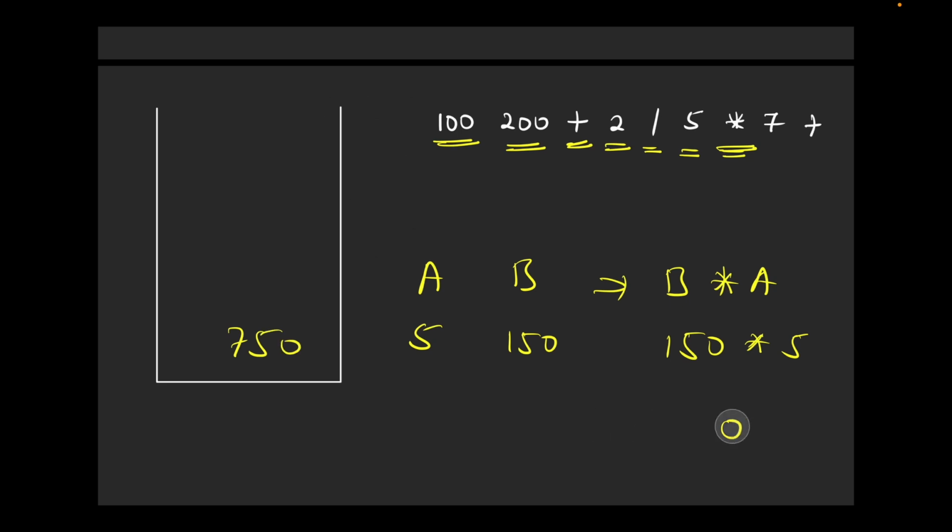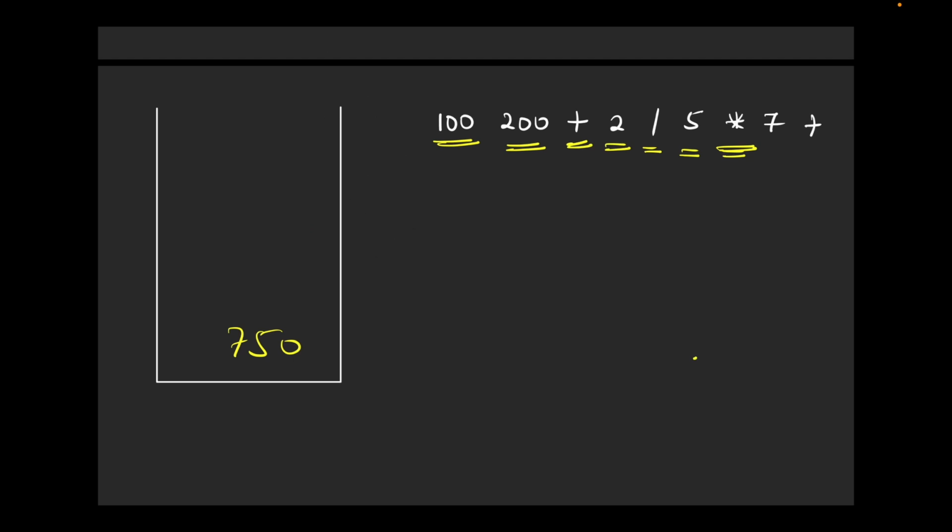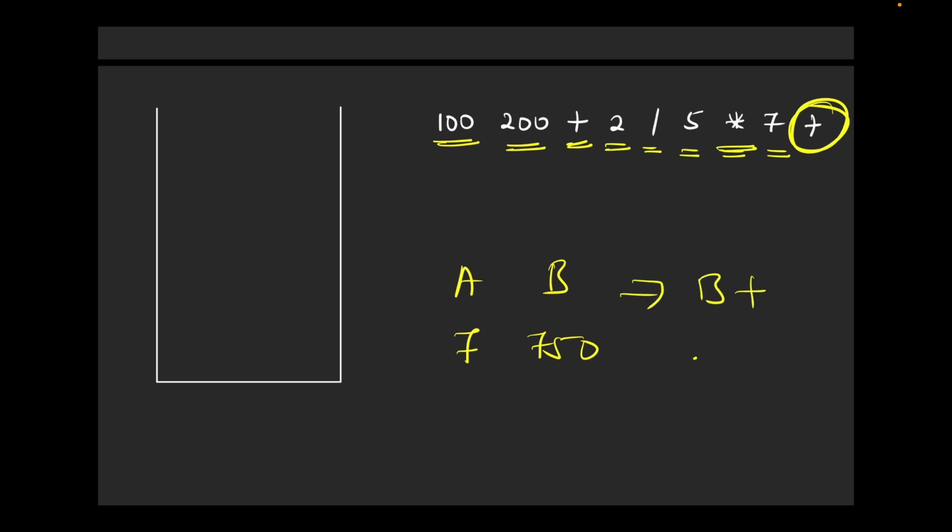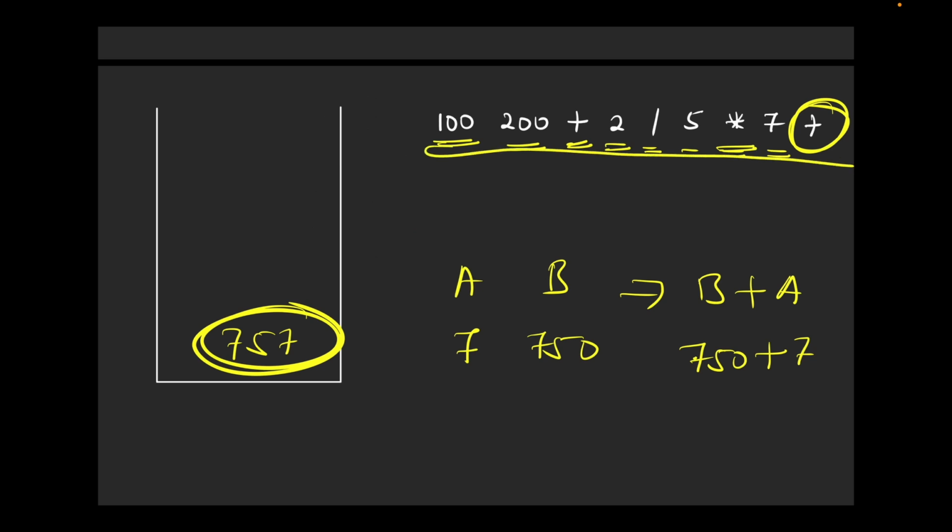Okay, so now simply erase this. Now I came across an operand. Whenever an operand comes, push it into the stack, and again an operator comes. So I have to pop the top two elements, that is 7 and 750, from the stack, and perform the operator, that is B plus A. What is the value of B? 750 plus the value of A, which is nothing but 7, right? And what is the answer? 757. And this is our final answer, because we have completely traversed our expression, and hence we can simply return